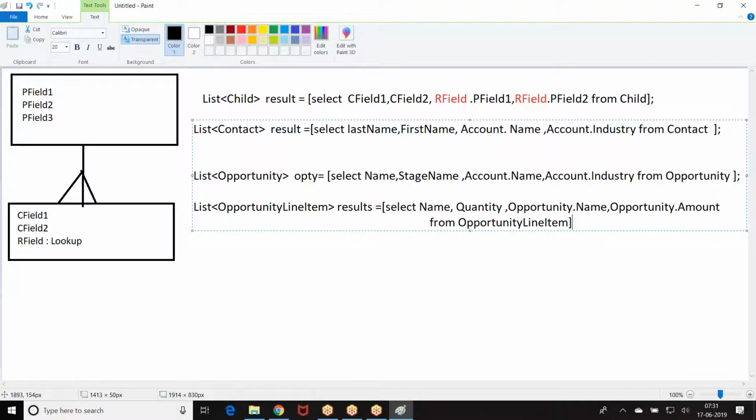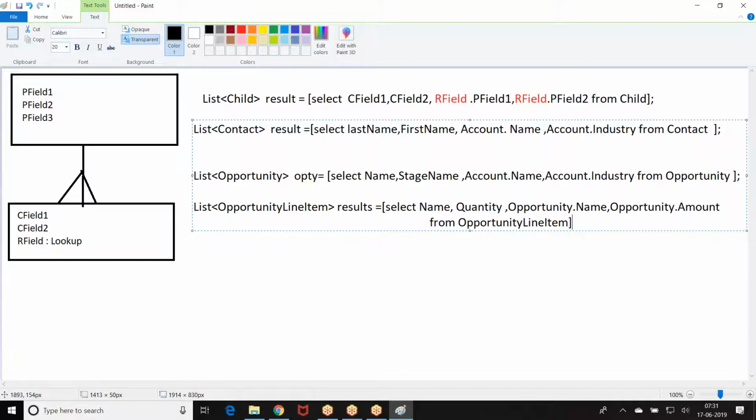Now, whenever I am printing order items, I want to send an email to you with the list of opportunity items. Along with the opportunity item, I know the product you ordered, and based on your product, I also have to print the corresponding customer data. Are you getting my point? When the child wants to refer to the parent data, then we go for a child to parent SQL query. Was that clear for everyone?